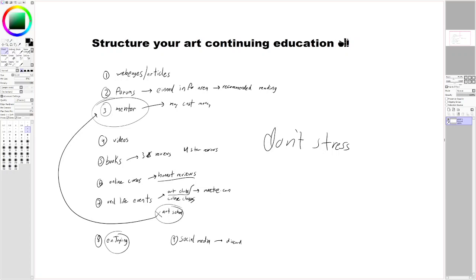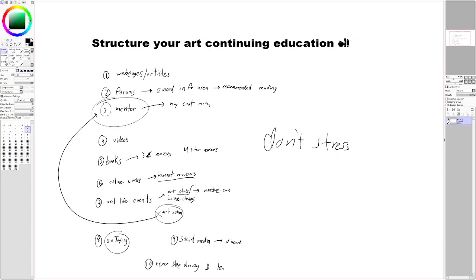Another thing I've found out about continuing education in art is that I had a lot of reinventing-the-wheel moments, where I would find out stuff, and then I eventually read a book from the 70s or 80s, and the book mentions the exact same thing, and I'm like, whoa, I wasn't the only one to find it out. So do know a lot of things require a ton of muscle memory. Sorry, I meant to write a 10, and I don't know why I wrote a P. So never stop drawing